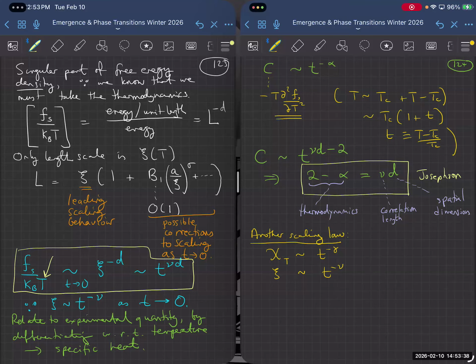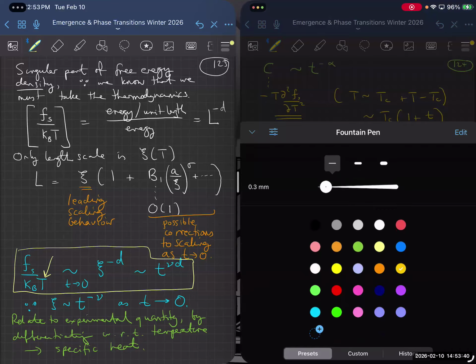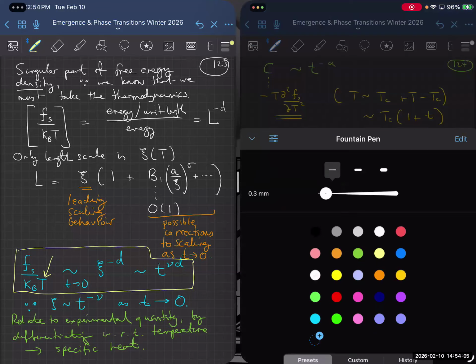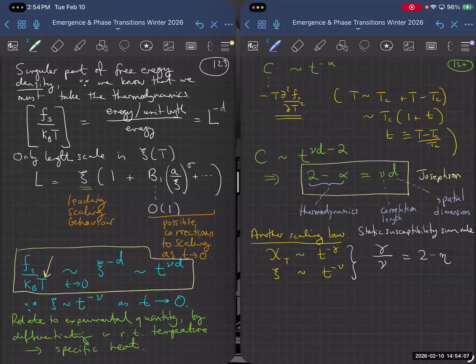And so what you can do then is you can work out, and I invite you to try it for yourself, that gamma over nu is equal to 2 minus eta. And this comes from the static susceptibility sum rule. So you are invited to check it if you want. Okay,